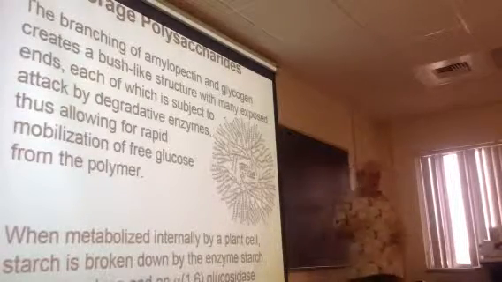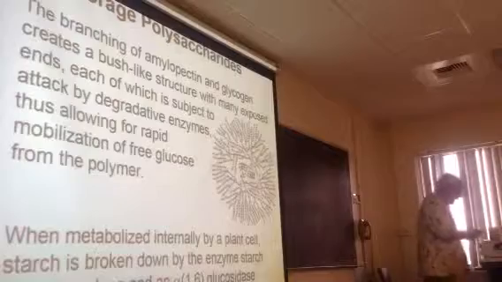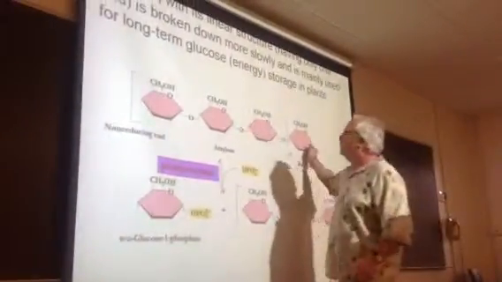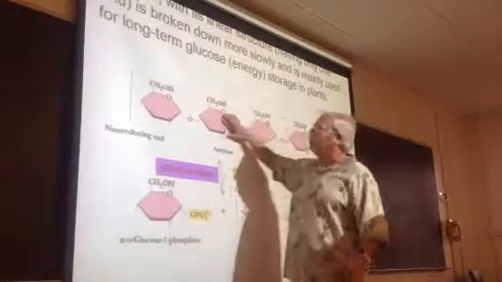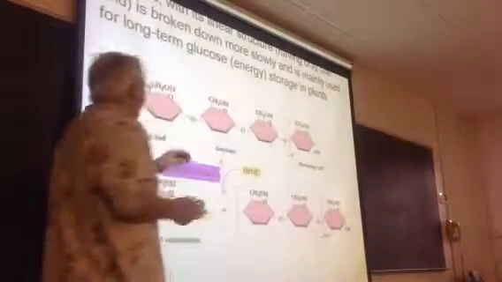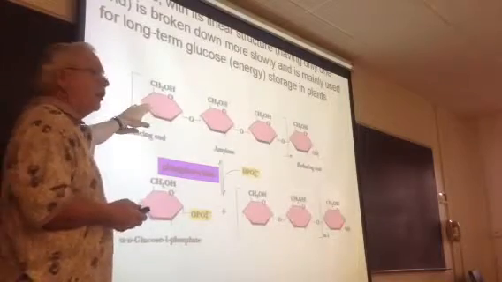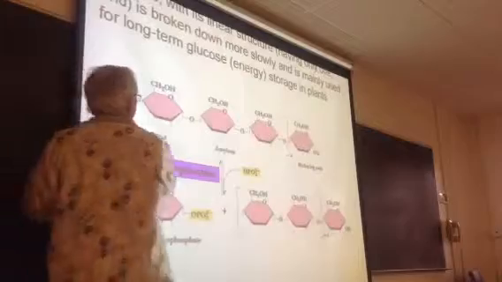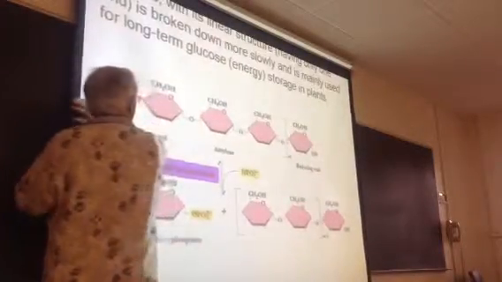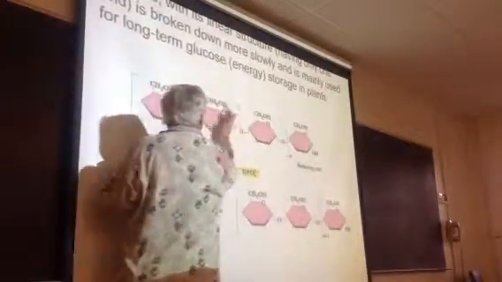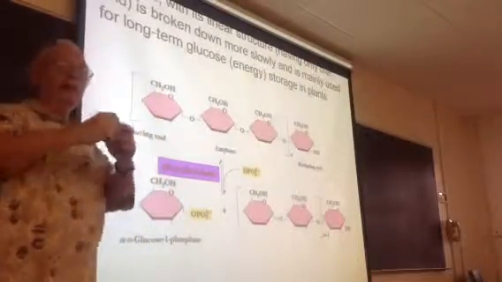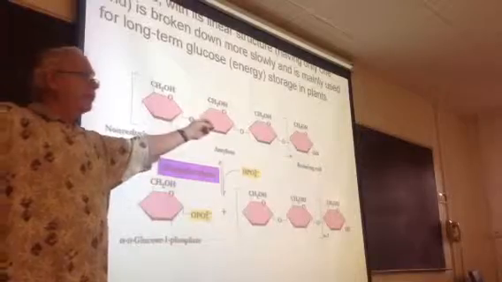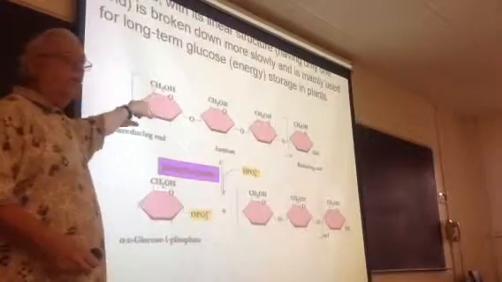The way the breakdown happens is you attack the non-reducing end. So let's say here we have this long amylose molecule, and you're asking the muscle cell to work real hard. It wants to get some of this fuel and start processing it. There's an enzyme that will come in and hydrolyze this, give you free glucose. Then it moves on to this one, gives you free glucose. If you have just a giant, long amylose molecule, it may have 100,000 glucose units in it, but it's only got one business end,